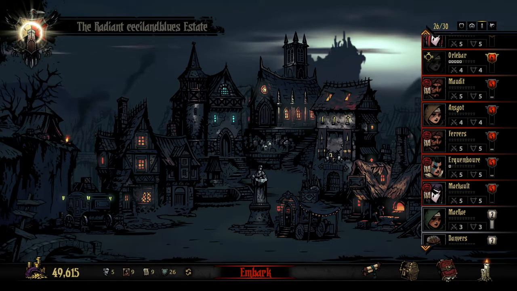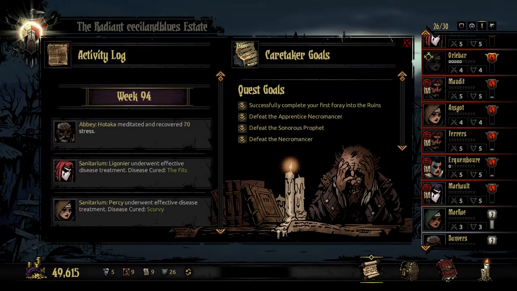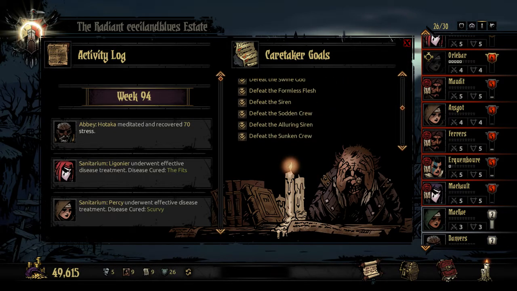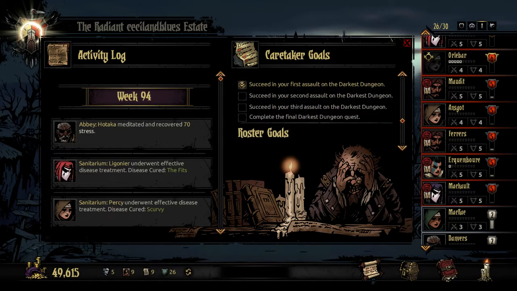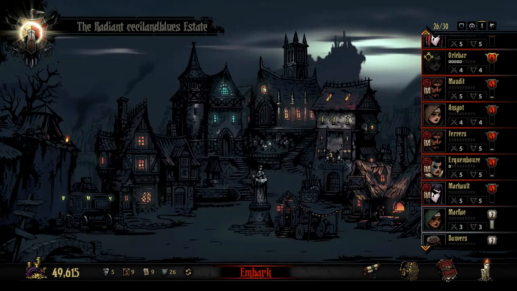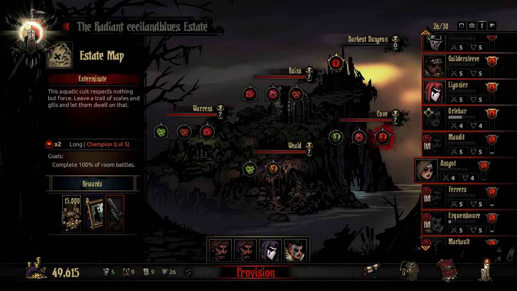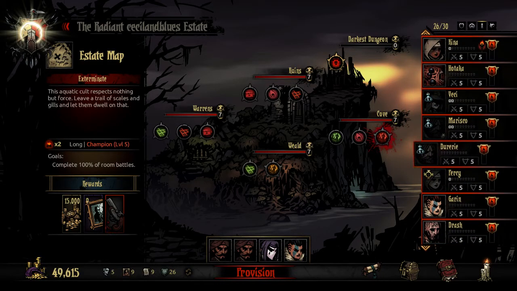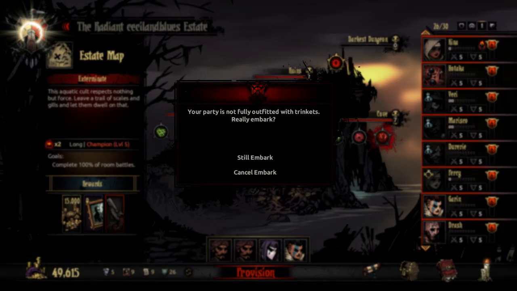Well, the building is done, actually, but we still have a little bit more work left to do. We are on week 94, and we must complete the second, third, and fourth wings of the Darkest Dungeon. Today we are not going to be doing that. We have a couple of people in stress relief, and we have some treatment going on our party that is going to next tackle the Darkest Dungeon. Today we're going to go into a long mission in the Cove, and this...